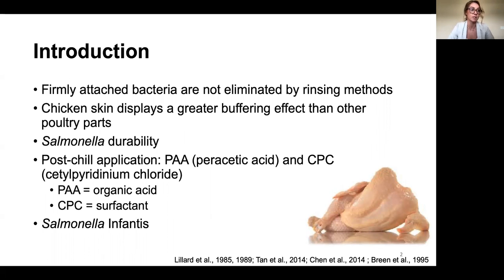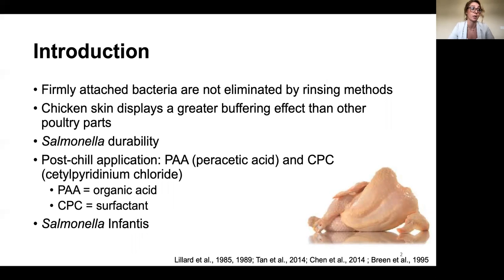So the durability of Salmonella on fresh manufactured poultry skin and the difficulties of eliminating that foodborne pathogen may be due to the complexity of eliminating these attached cells by commonly used washing and rinsing strategies. Post-chill antimicrobial application has demonstrated the ability to produce the most reduction of these foodborne pathogens, and over 10 antimicrobials are approved in the poultry industry during this step, with PAA, peracetic acid, and CPC, cetylpyridinium chloride, as the two